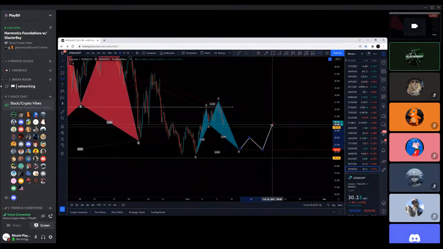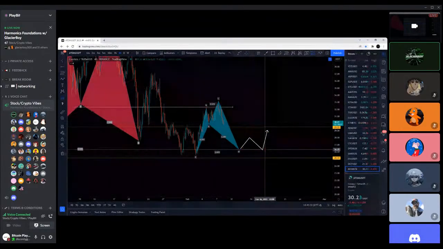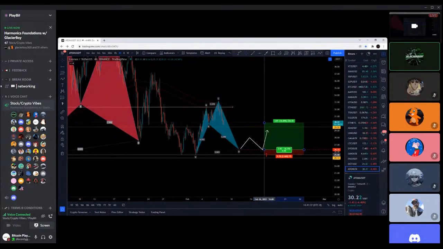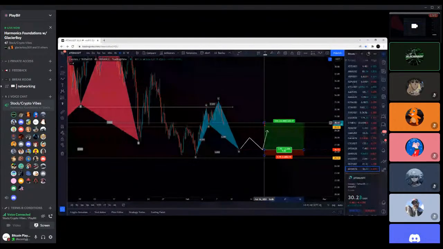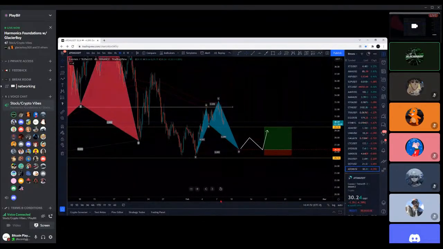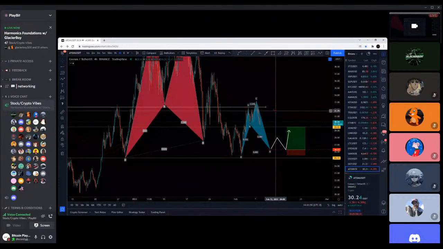And I always try to draw the little maps just so I never forget what it is. And then this is where you'd want to enter the type two after the confirmation, and you cut underneath your swing low. And then your targets could be, if you have a support resistance on your chart that you 100% believe in, this is not to change your TA whatsoever. If you have a line like that right here, I'm definitely going to be looking at 2950 on Atom,